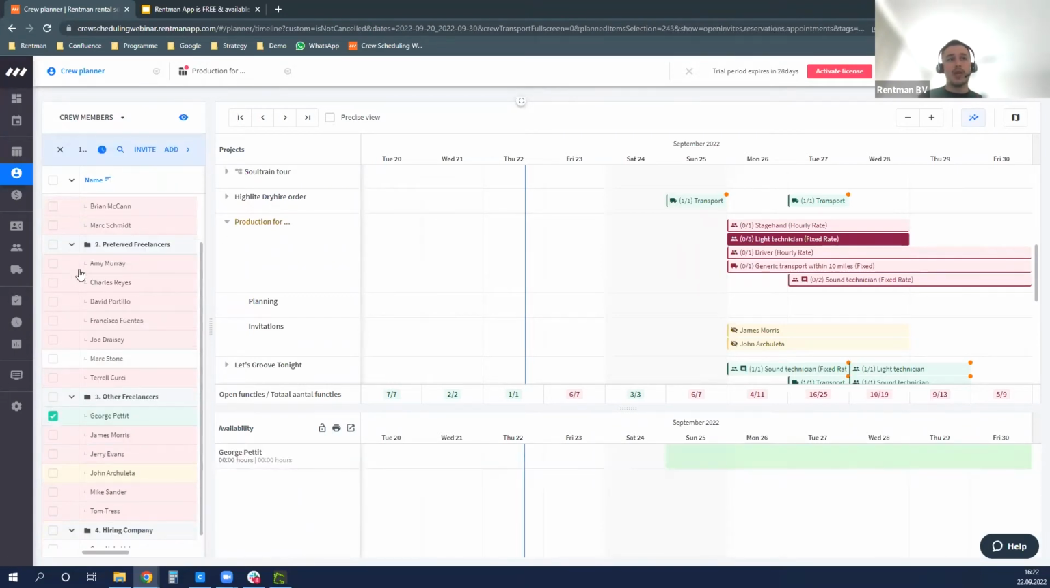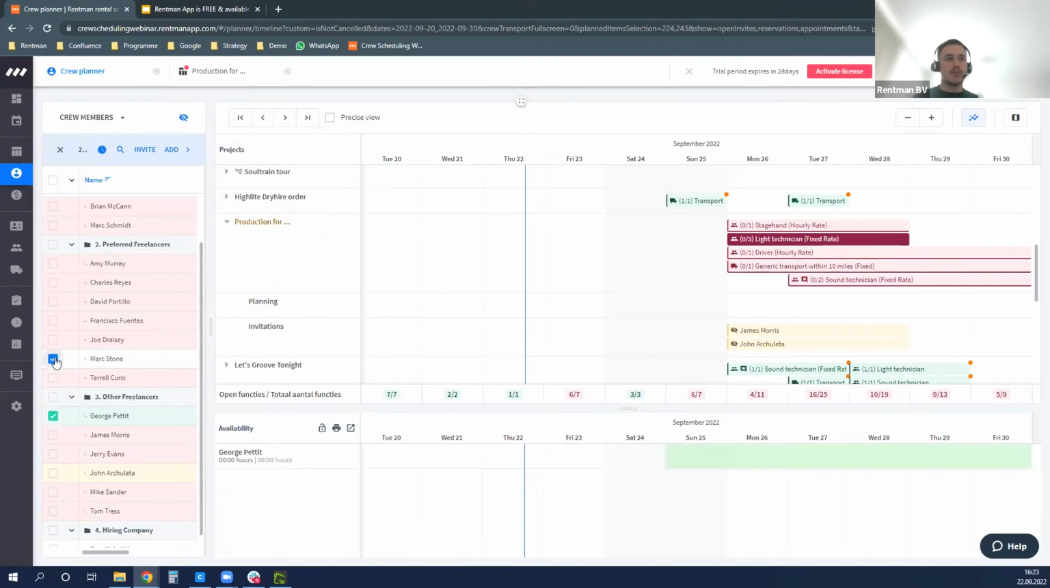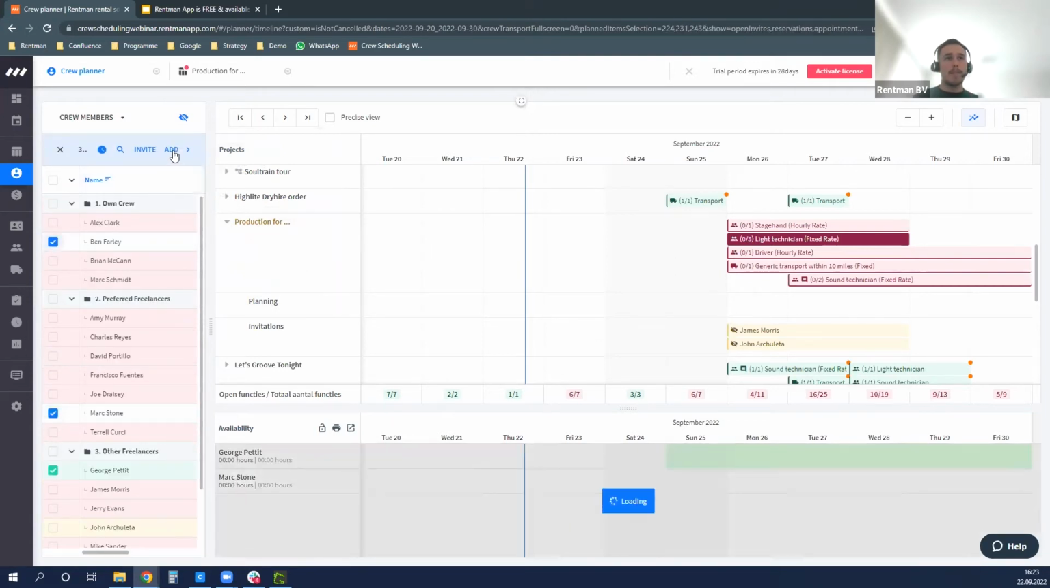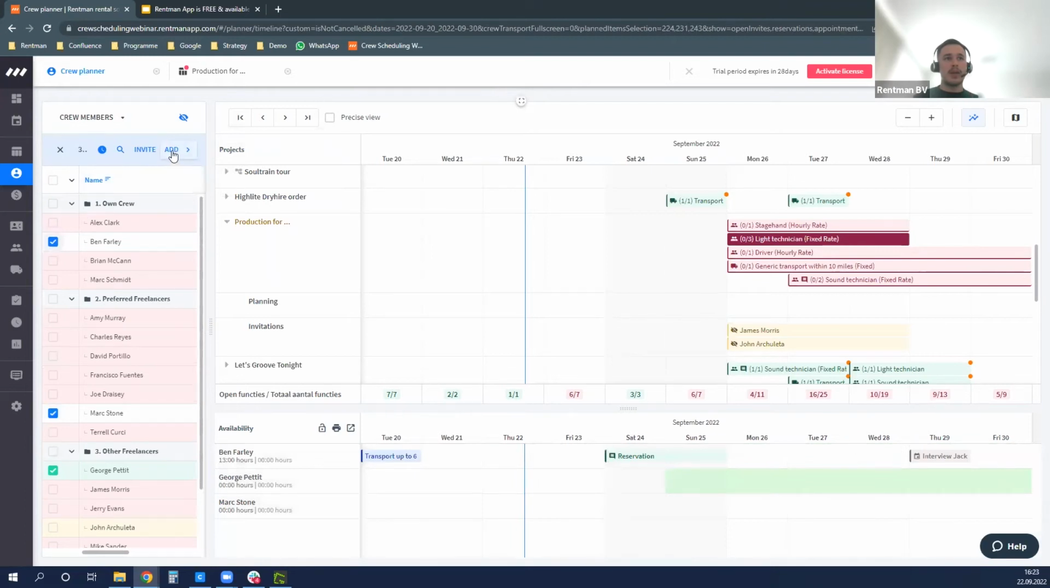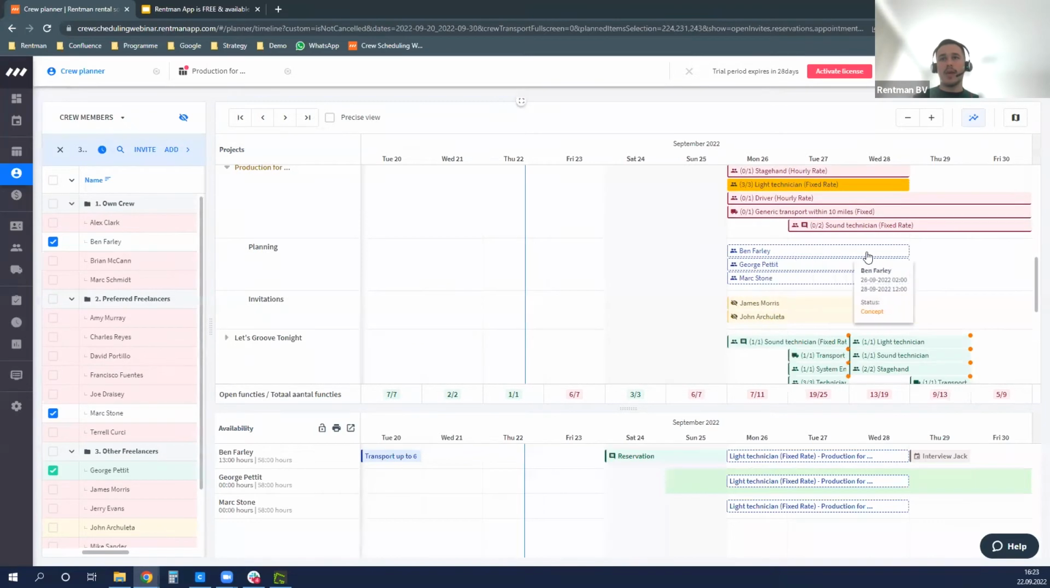Now, what I can also do is decide to concept plan. So I can already put some people in the planning, but not really define it yet, or not really make it directly visible as you saw before. So let me put George, Marc, and Ben in here. Click on add. And now, as you might see, they show up in a certain way,